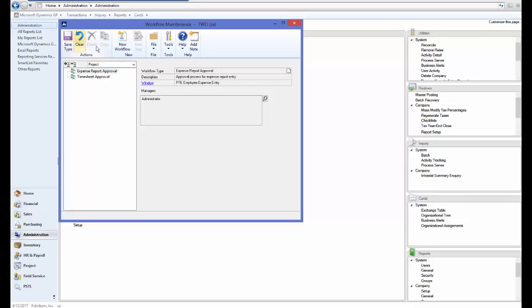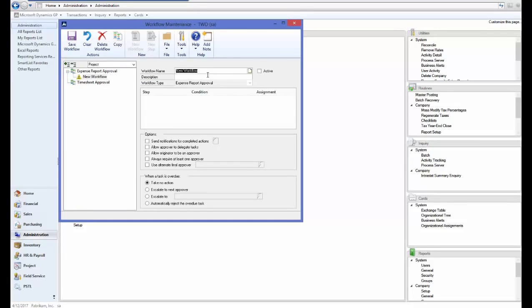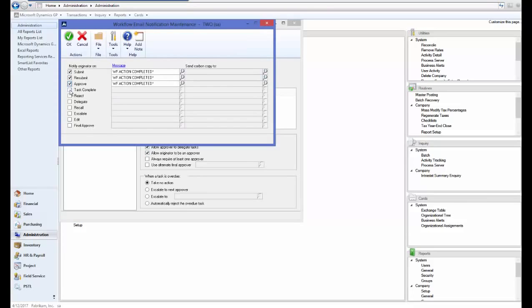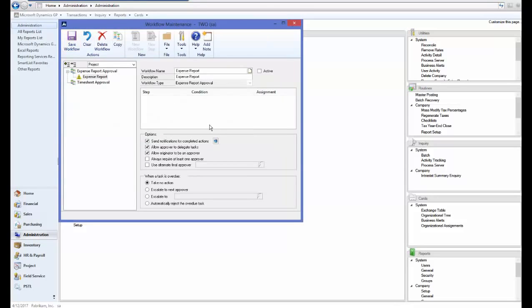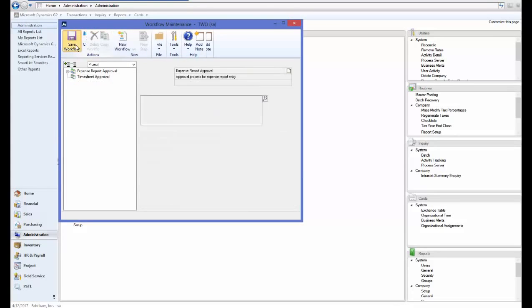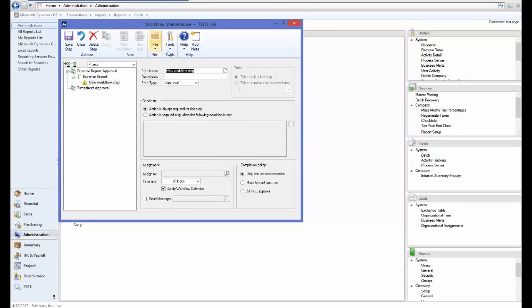Click Save, New Workflow, and then I'm going to write a description. Select the options that are appropriate for your workflow. Click Save, New Step,